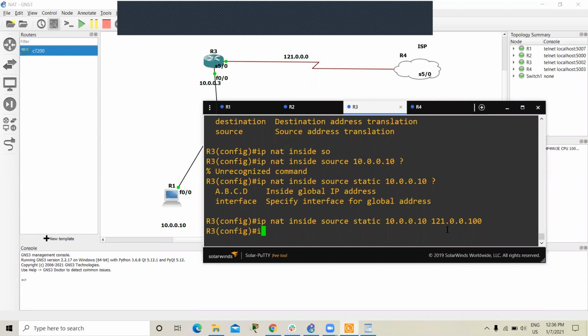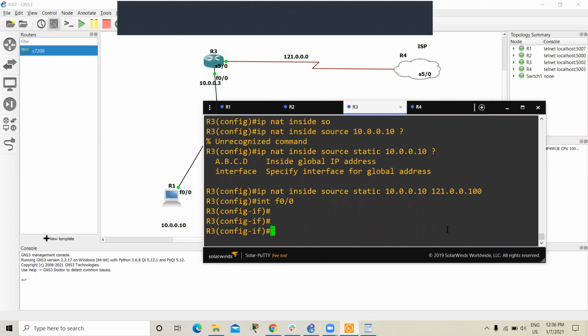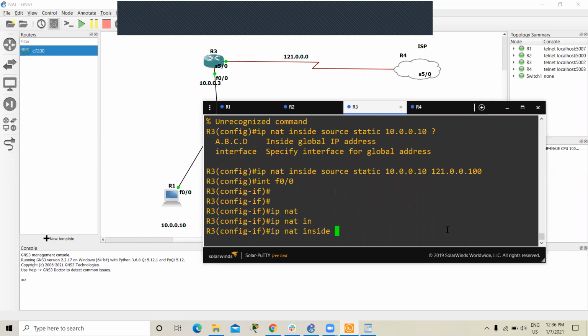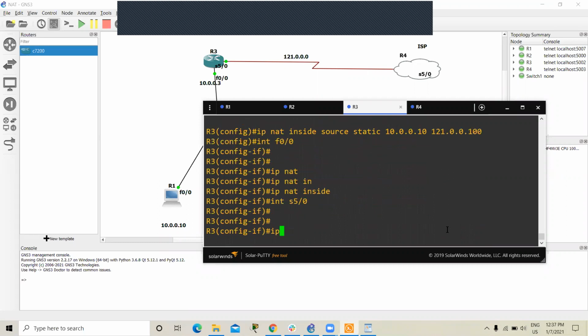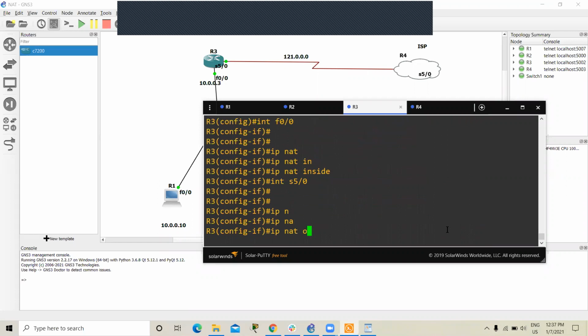Also, we have to configure the inside interface and outside interface. First, I go to the inside interface and write ip nat inside. Now I go to the outside interface S5/0 and run the command ip nat outside. Now you can check.